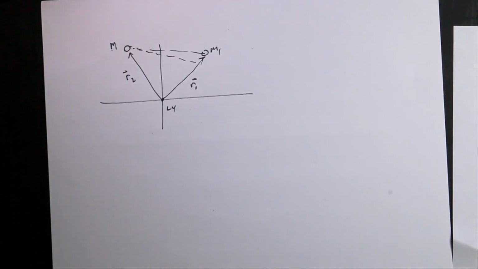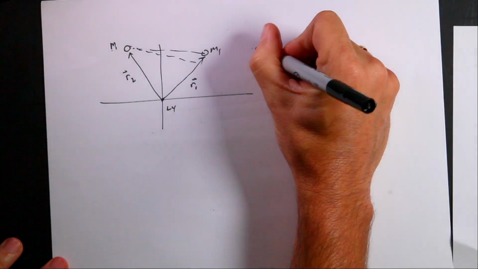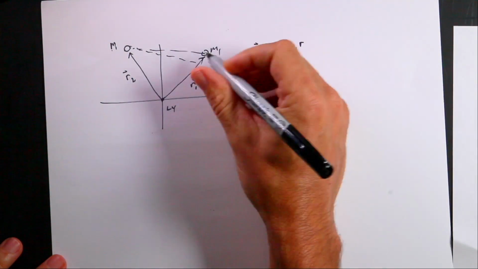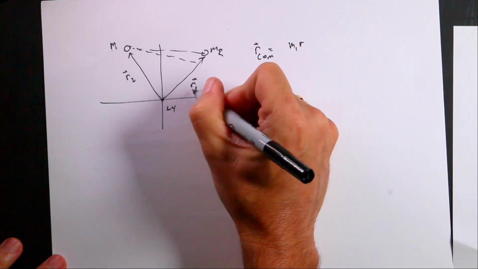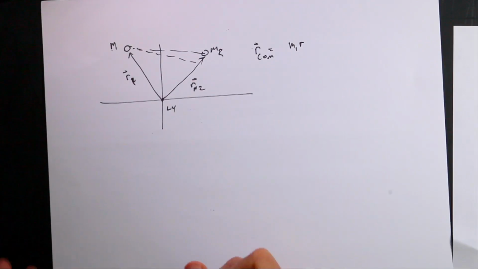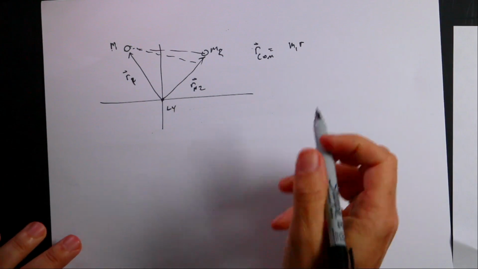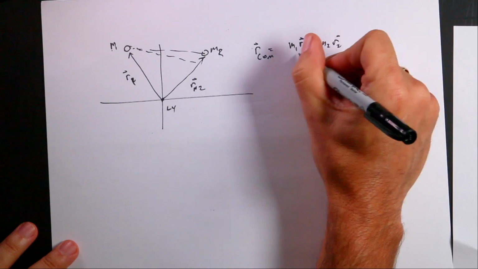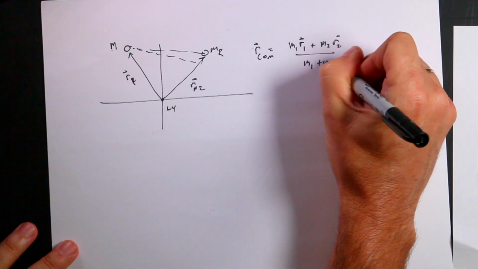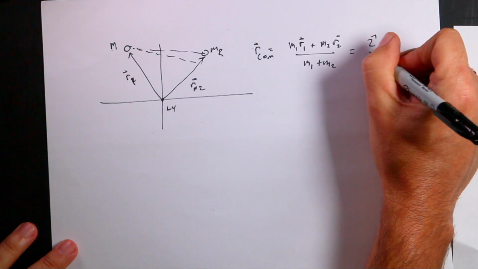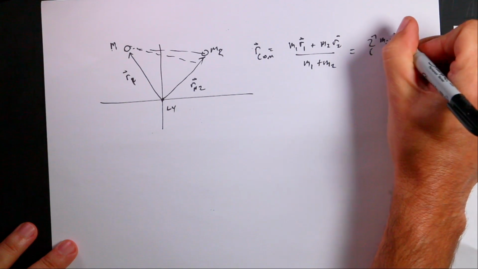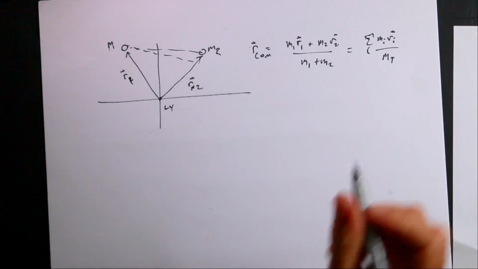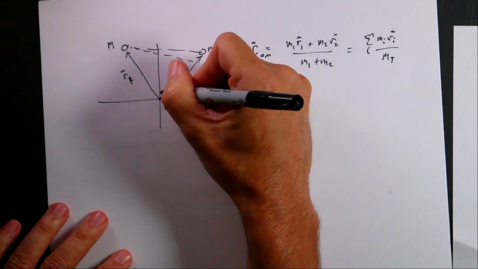And what I want to do is find the center of mass. So I can use this. R center of mass is going to be equal to M1. I got these backwards. That's 2, that's 2, that's 1. I don't know what I was thinking. I flipped the whole thing up and got myself confused. M1 R1 vector plus M2 R2 vector over M1 plus M2. This is just the definition of the sum over i of Mi Ri vector over M total. It's the same thing, but I only have 2 masses, right? That's the summation. So that's the location of this,